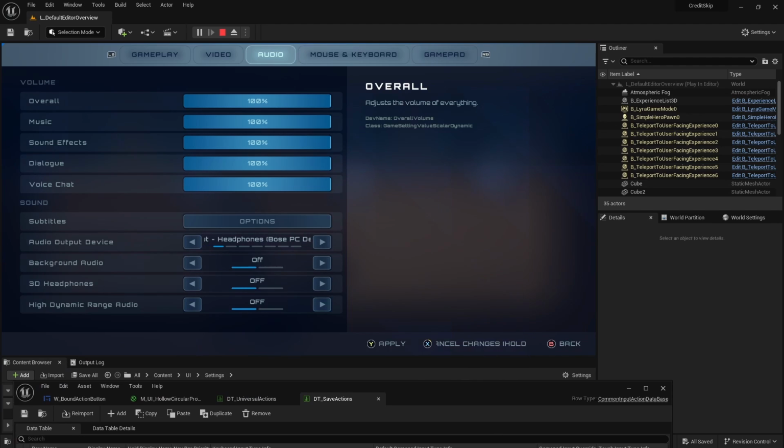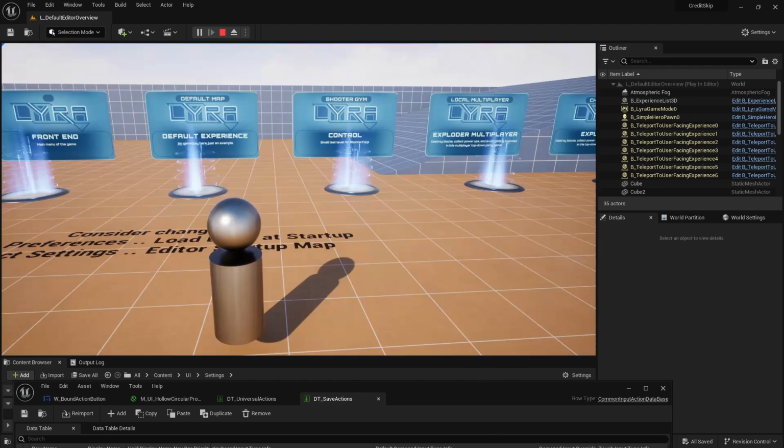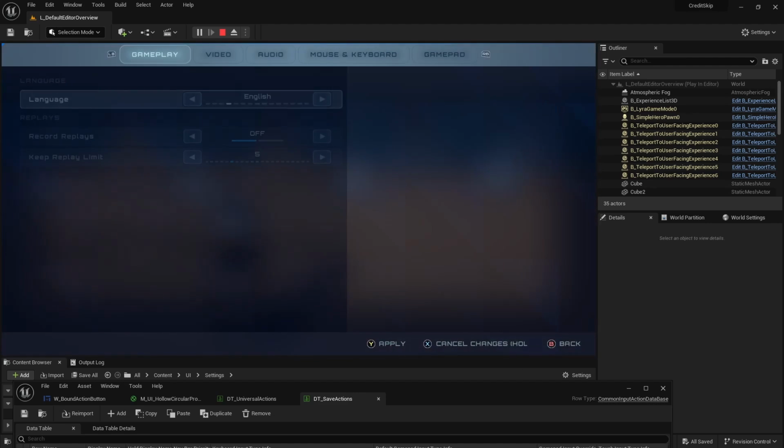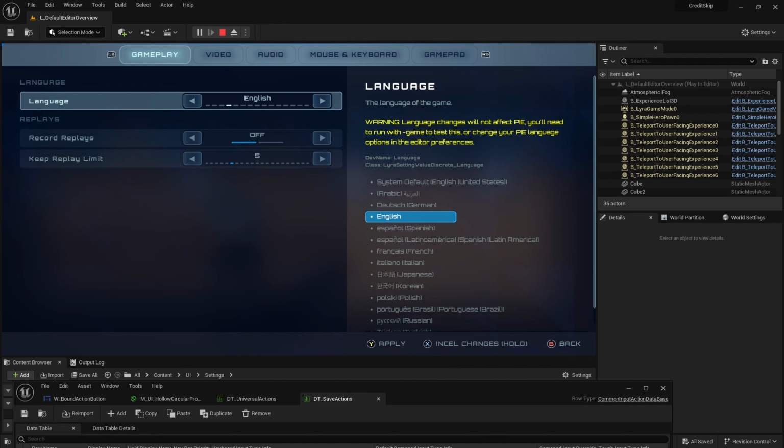Okay, and then, oh, it's so fast. And then if I go to options, if I hold a little bit, you'll see how it fills up and it slowly, or in this case, it regresses really fast. So it will wait until I hold half a second and then it will apply whatever action it was bound to.